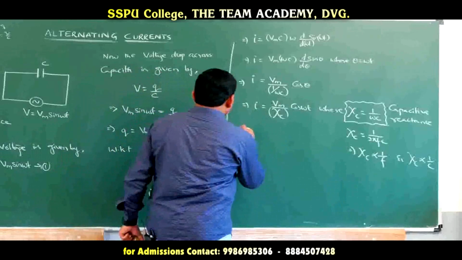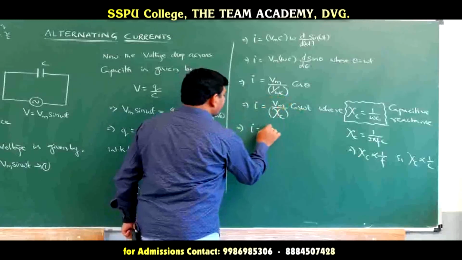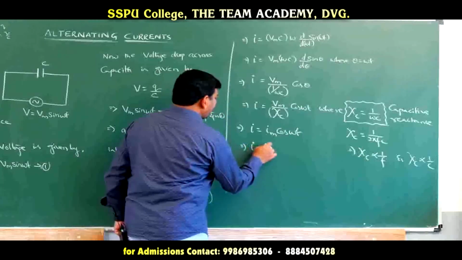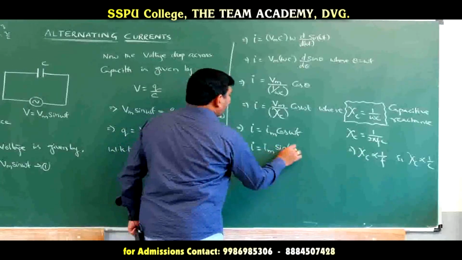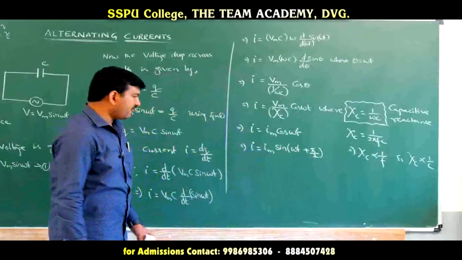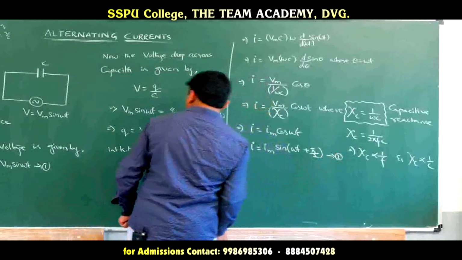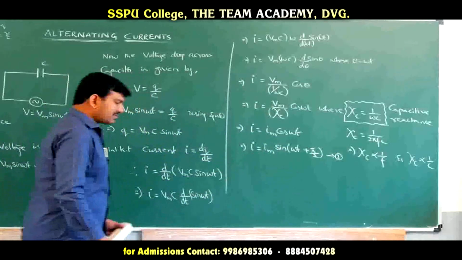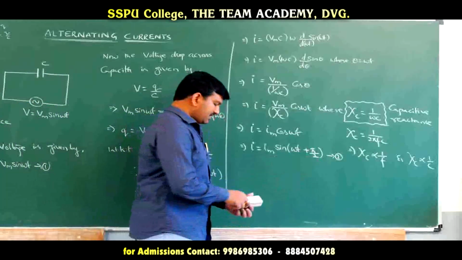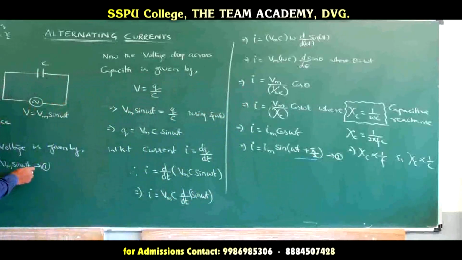And if you see here, finally I can write it as I is equal to, this entire term is now representing the maximum current, therefore Im into cos omega t, which can be written as I is equal to Im into sin of omega t plus pi by 2. Sin 90 plus theta is nothing but cos theta. Take it as equation number 2. On comparing equation 1 with equation 2, what are you understanding? Here sin omega t is there, but here sin omega t plus 90 is there, or omega t plus pi by 2 is there. So here which is leading?